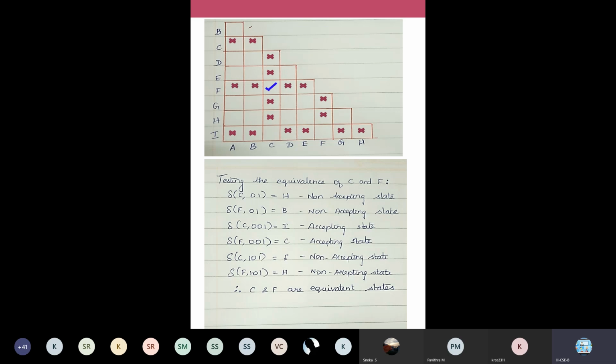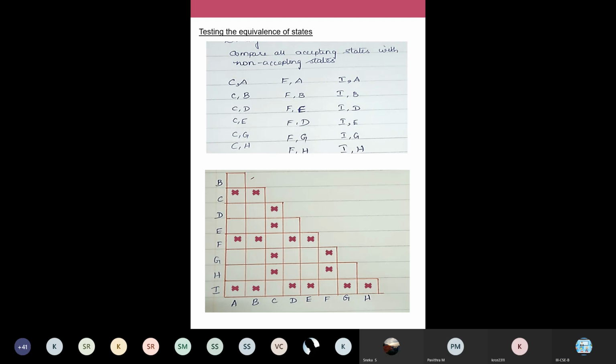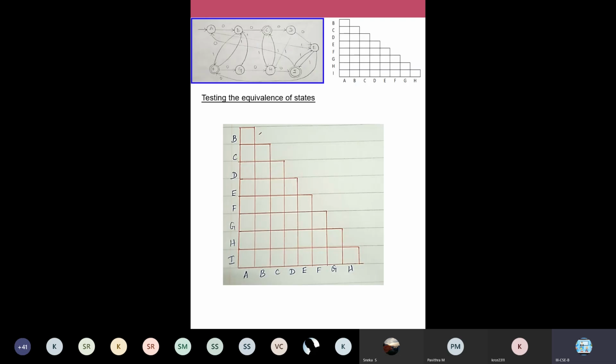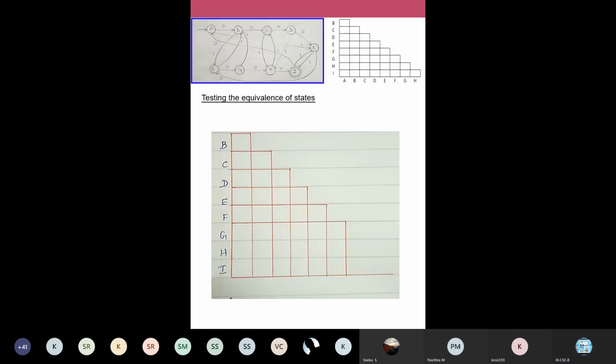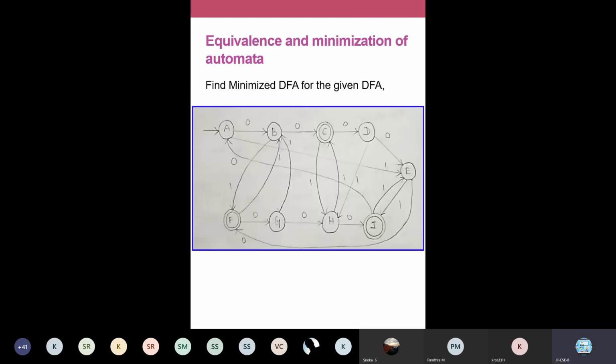So when you are comparing your C and F, you have to go to your diagram. Okay, I'm comparing C and F. Go to your diagram. Okay, I will take that slide. You go and analyze C and F in your DFA diagram. We'll check whether they are equivalent or not. So how to analyze? Okay, I hope you're all listening. So we are going to compare C and F. Okay, these two states are here. I'll teach you how to check whether these are equivalent or not.